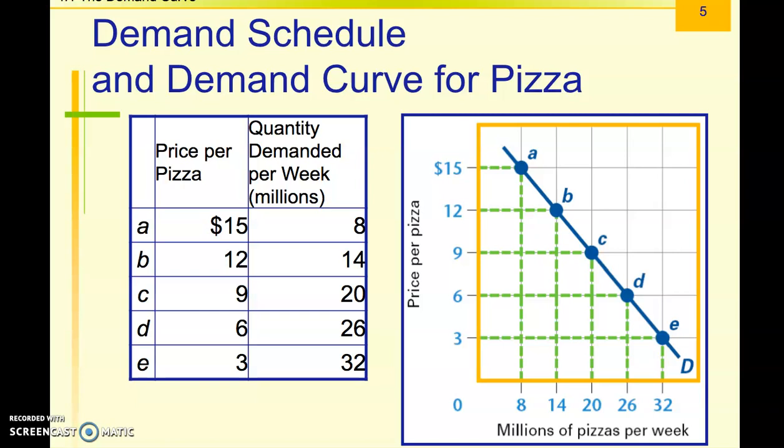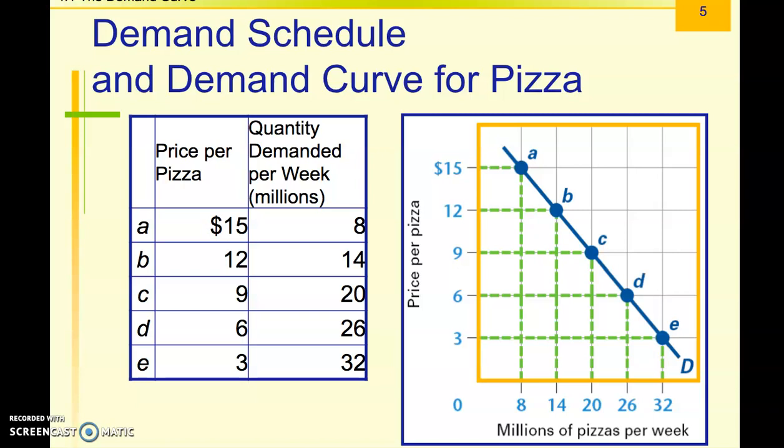Now, the thing is that demand curve is set in time. Your job is to figure out what happens when that thing moves. So this could be the demand curve for last week. Well, what happens to the demand curve for this coming week? With the shutdown and all going on because of the coronavirus stuff, maybe it's possible there's going to be less pizza sold. So you're probably going to see that line move. So let's just say that the curve you see right now represents pizzas from, we'll just say last week or something like that.